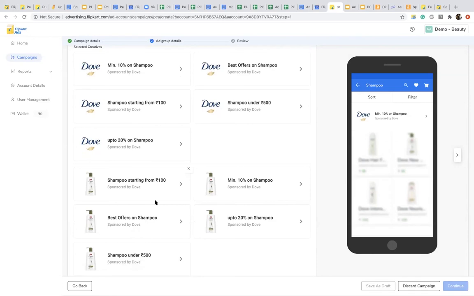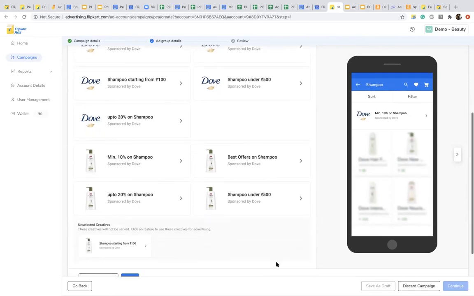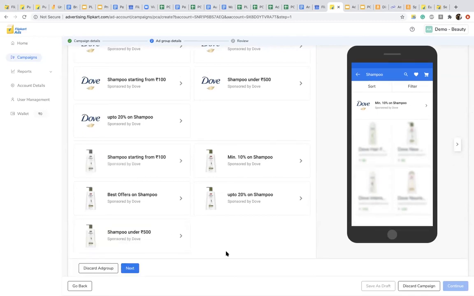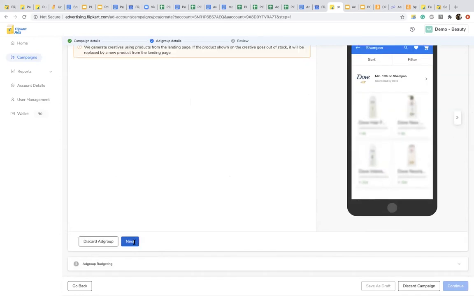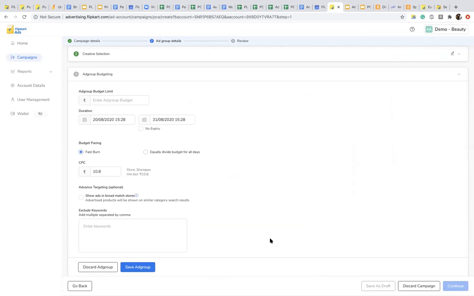If I don't want one of the creatives, I can deselect them. And later, if I want to use them again, I can restore these creatives as a part of all the creatives that represent my product collection. So I move to the next step, which is providing the budget for the ad group as well as adding bids